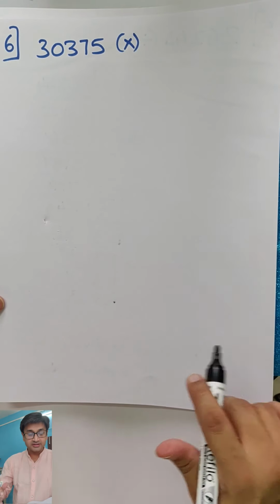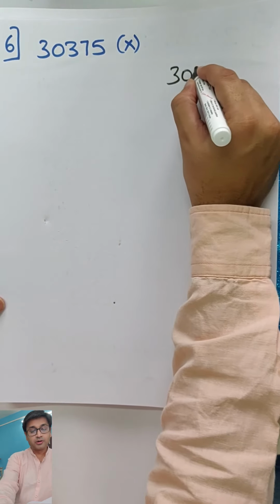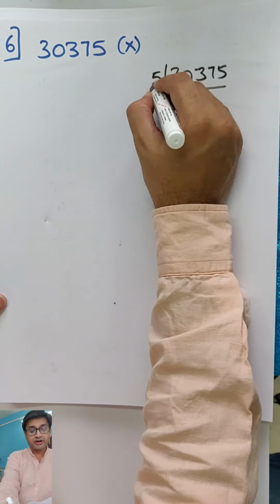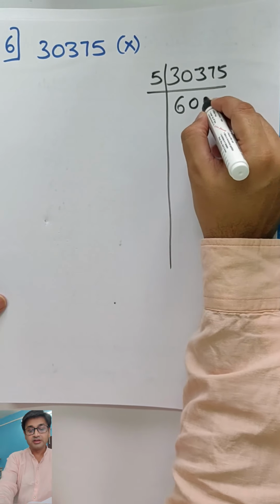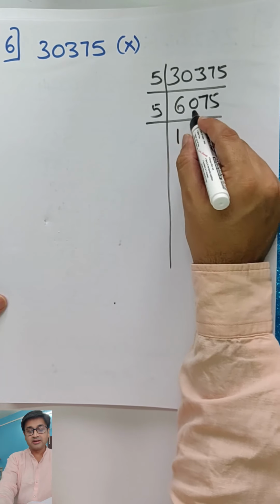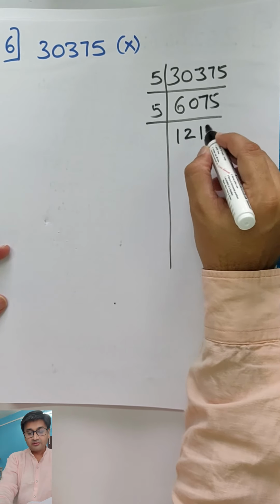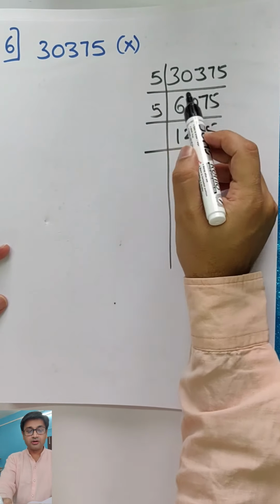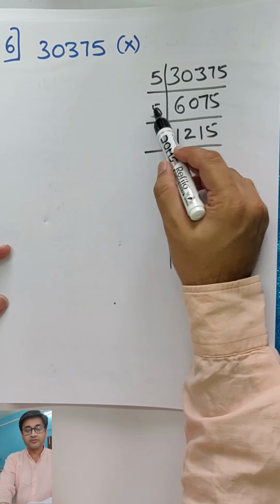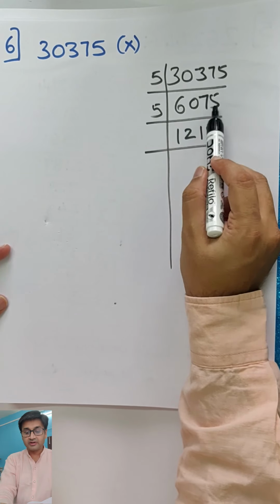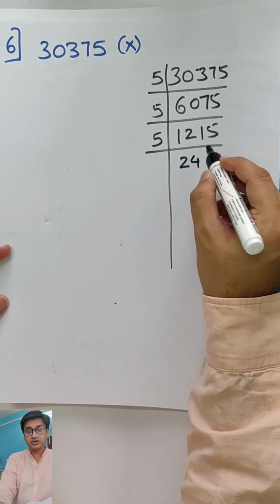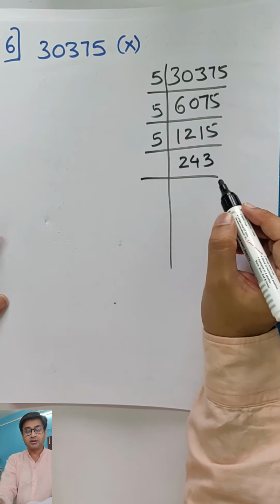Come on, next, sixth one. What should be multiplied this time? Come on, pause your video on your own this time, everyone. I am 100% sure you will manage this. So 5 I am dividing with 6 times. 5 7s are 35 and then again 5 times. Again 5 1s are 5, 2s are 10, 5 1s are 5 and 5s are. Have I gone wrong somewhere? Let me just check. 5 6s are 30, 5 7s are 35, so 5. 5 1s are 5, 5 2s are 10, 5 1s are 5 and 5 5s are 25. Perfect. Again 5 2s are 10, 2 1, so 4s are 1, so 3s are 243.